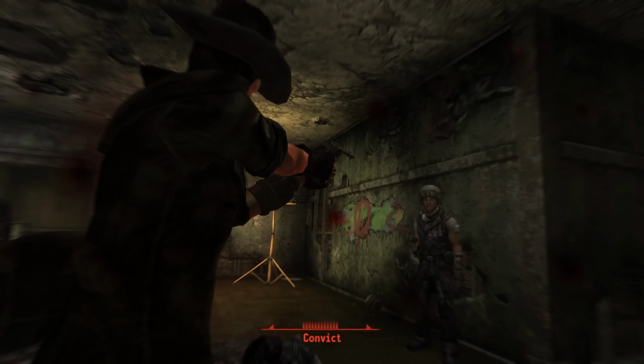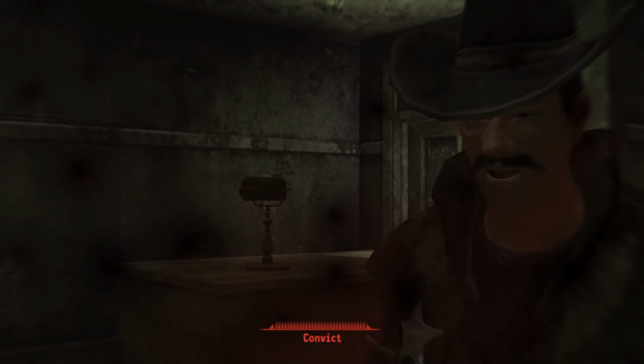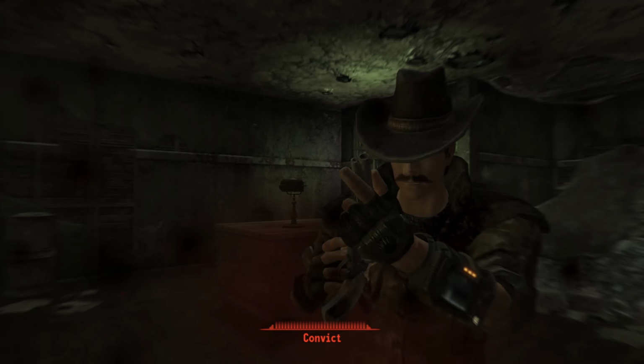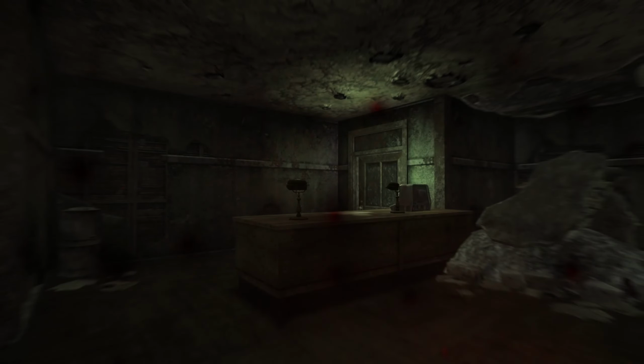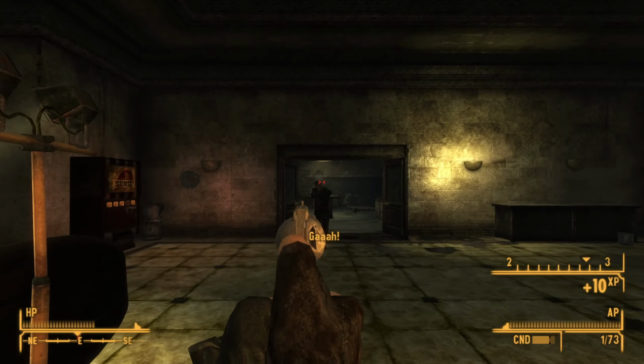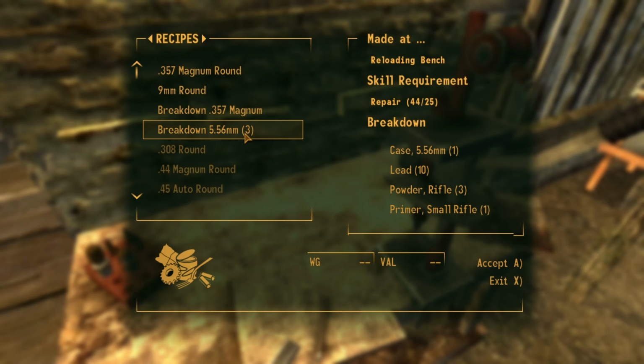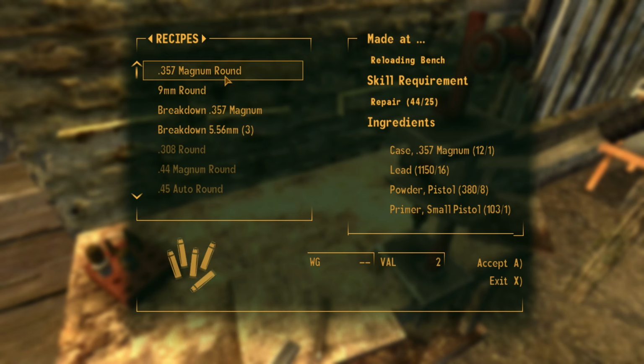It was going pretty well until I got stuck reloading in the vats. That takes care of that. Next time I successfully clear out the building and free Deputy Beagle. I then craft some more ammo before making my way to the Mojave Outpost,